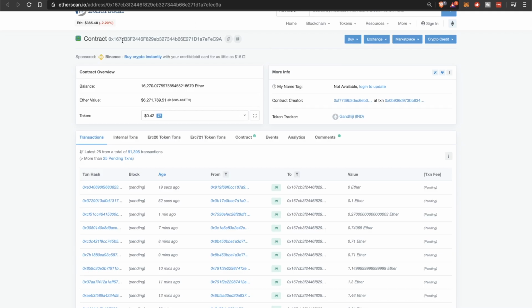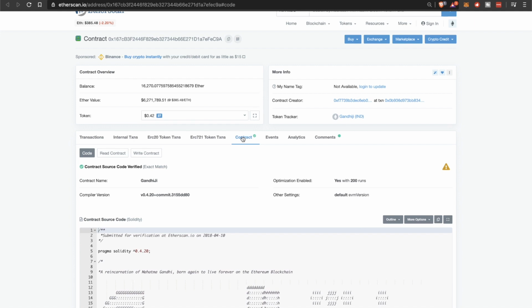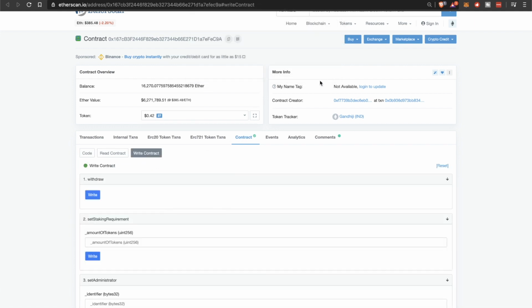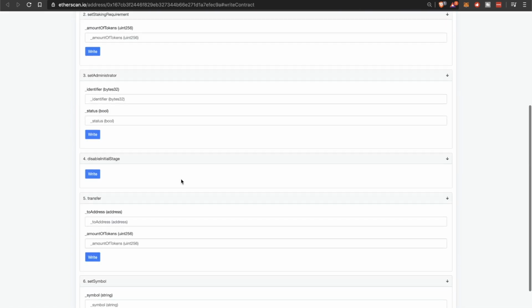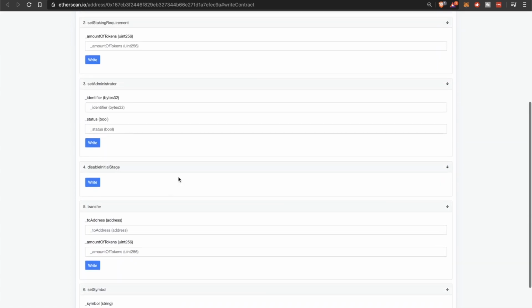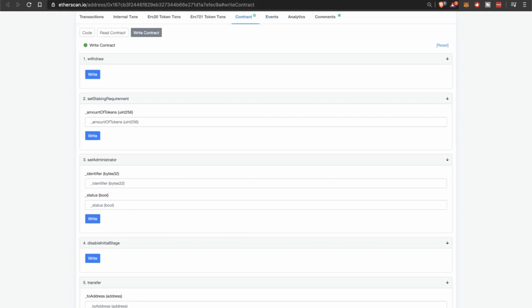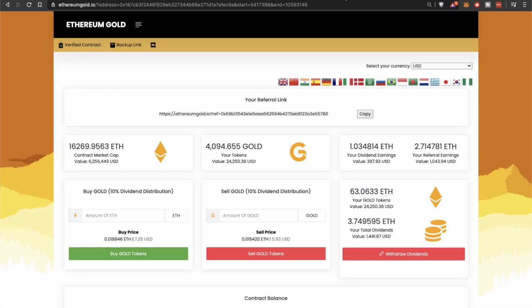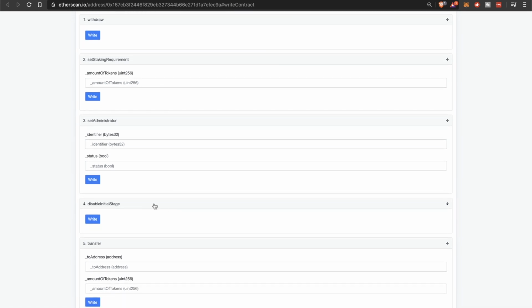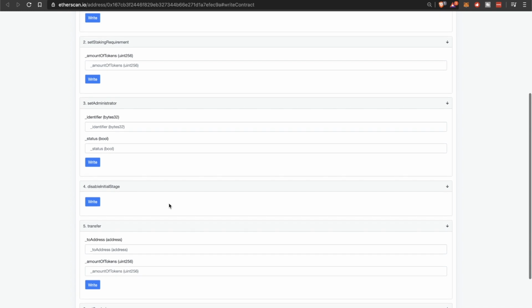Very quickly, the smart contract is this. It's the 0x167 contract. If I wanted to interact with the contract, I can click contract itself, write contract. I would connect to Web3, which basically means connecting to my MetaMask, and this goes green. Once that's green, it means I can interact with the contract basically from the back end. But I would advise, guys, don't do this unless it's absolutely necessary. You have simple and appealing UIs for a reason. If you mess around with this and you click something wrong or put the wrong figures in, it's not as straightforward, is what I'm trying to say. So this is your backup.